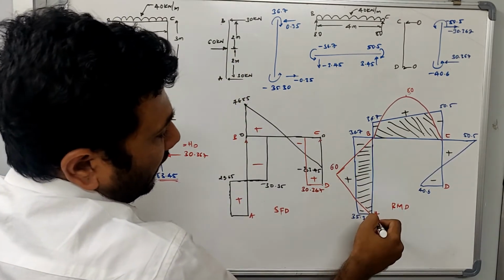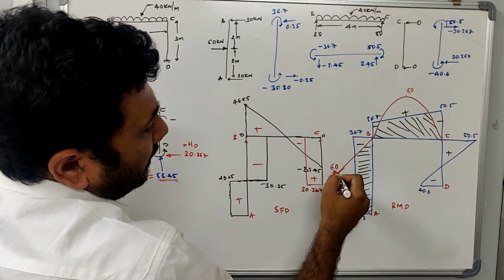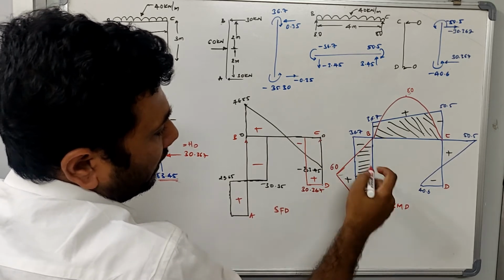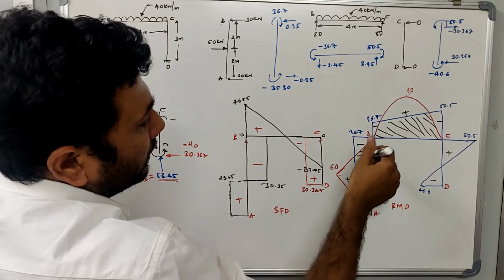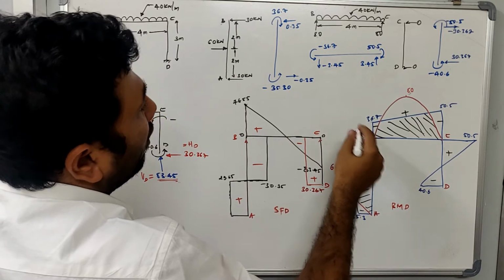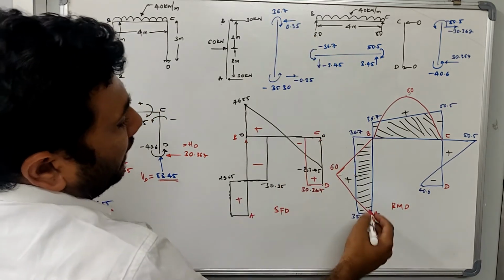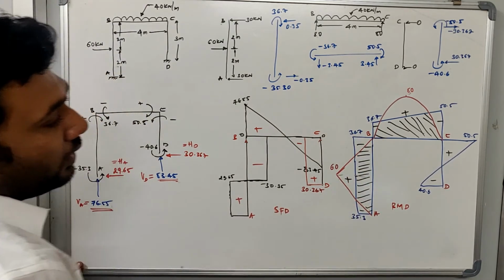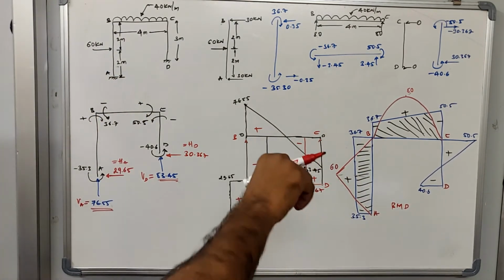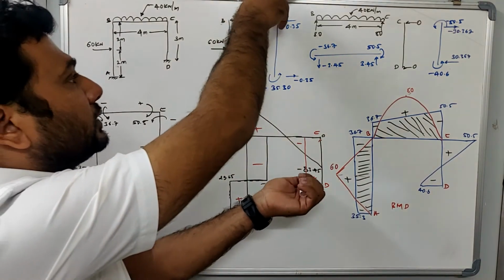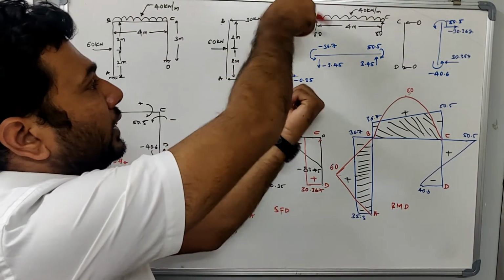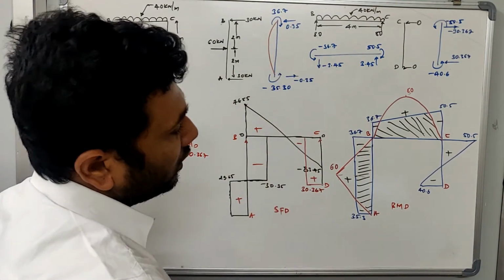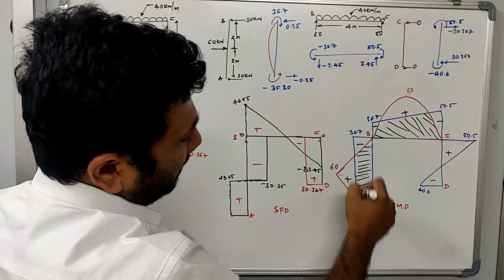So we will first draw the triangle with 60 kilonewton meter as the maximum ordinate. Once you draw the triangle, we have to superimpose over that the bending moment of the end moments. The end moments that I have are 35.3 and 36.7. So this is trapezoidal, and you know why it is trapezoidal, because it is hogging. If this is the element that we have, and we apply a moment like this, it will bend in this direction. If it bends in this direction, we call it hogging. That's why this becomes negative.